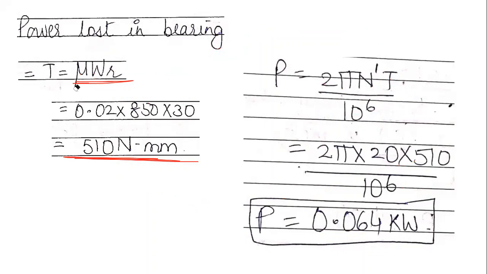I hope you have understood very nicely the derivation of Petrov's equation. You have understood the assumptions of Petrov's equation. You have understood where and when Petrov's equation is used. We have written down the 4 important formulas which are required to solve Petrov's equation, and we have solved the 2 important numericals related to Petrov's equation. This is the end of the topic of Petrov's equation in hydrodynamics.